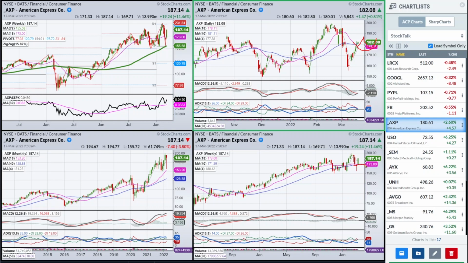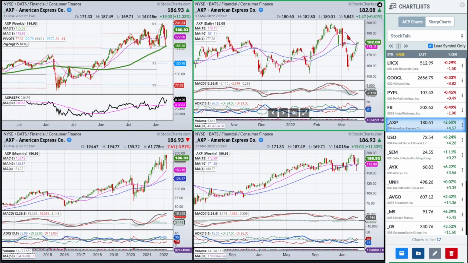And I'd probably be willing to do that as long as we don't get any real hard selling in the pullback, because then we're above a flat line here, a rising line here, and we've got an 18 on the daily chart that's starting to trigger back to the upside. And the relative strength on this has been very good. So that's kind of how I would look at this.